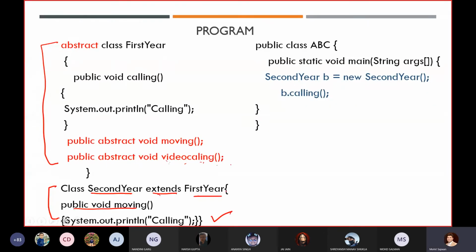You will say that we have created this class as normal, and we can create an object of a normal class, so no issue at all. But remember,